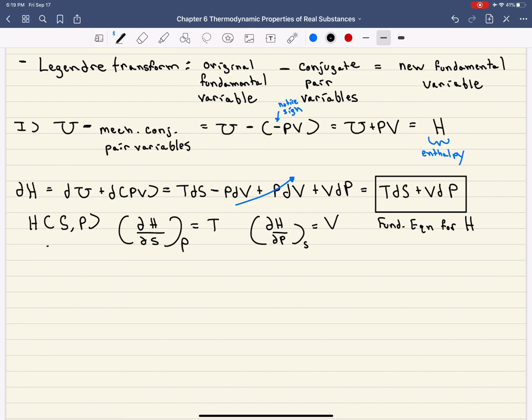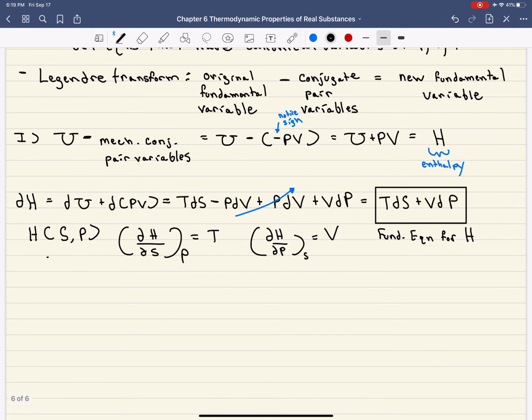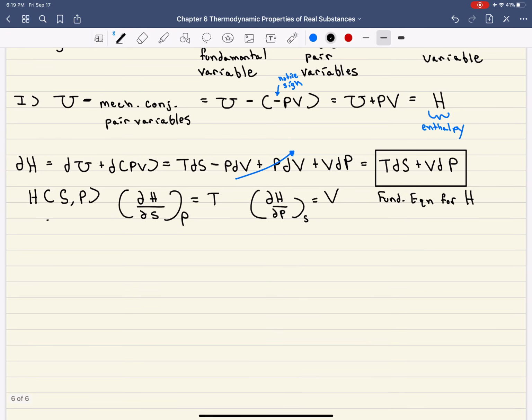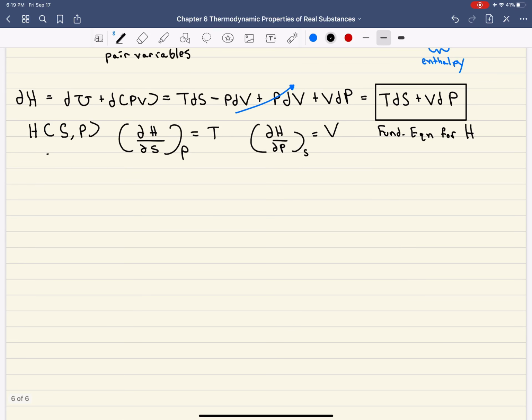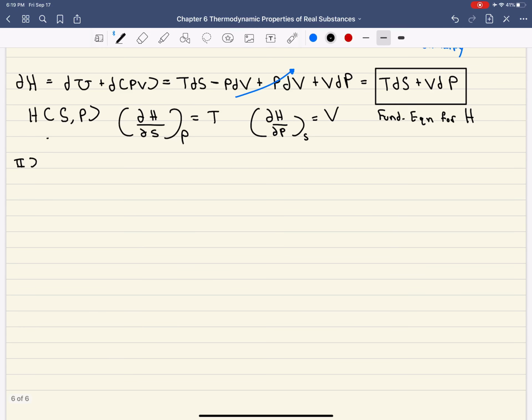Okay. All right, so the Legendre transform of taking U minus the mechanical conjugate pairs gives us enthalpy. Sorry, I said thermal, I mean the mechanical. All right, so now what we're going to try out to see if we get something a little bit more useful is to take the Legendre transform of internal energy,